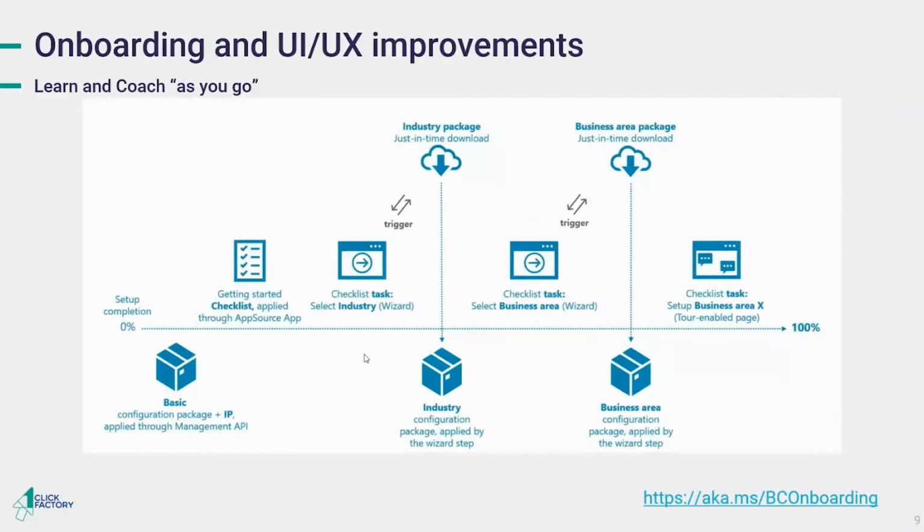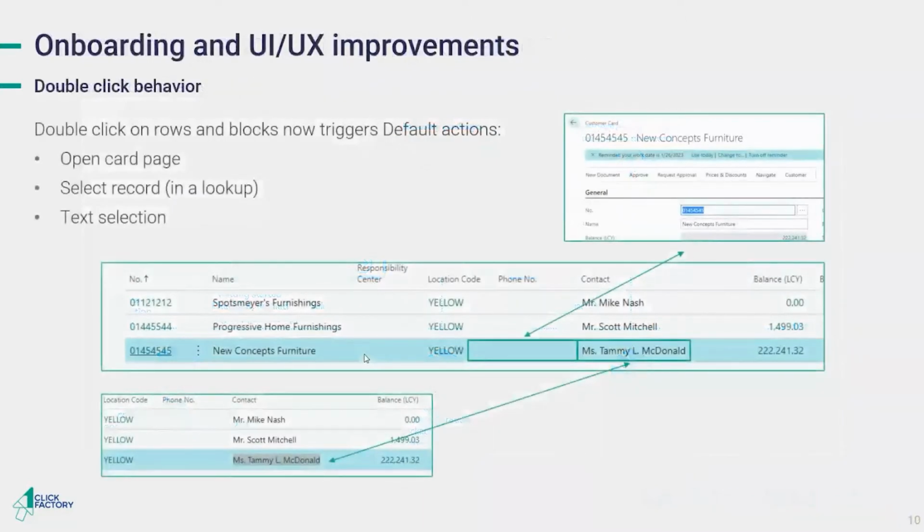Let's say you have a checklist with a task to select some industry. Then, depending on this industry, you can just download it in time, upload this package, and move on with the checklist without the user noticing anything. So you're just populating data as you go. And this is basically a scenario that can be implemented. So if you're interested in how to improve user onboarding,